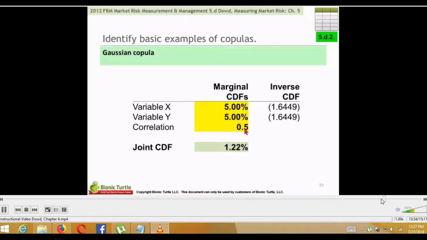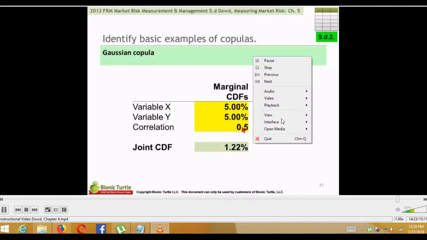Then given a correlation input, the copula function works in the background, comes back to us and produces a joint or bivariate cumulative distribution function. See, the copula was the glue that glued together our marginals and produced for us a joint distribution function. In this case, if we think of these as probability of default, if we have one bond with a probability of default of 5%, and another bond with a probability of 5%, and then some correlation assumption,